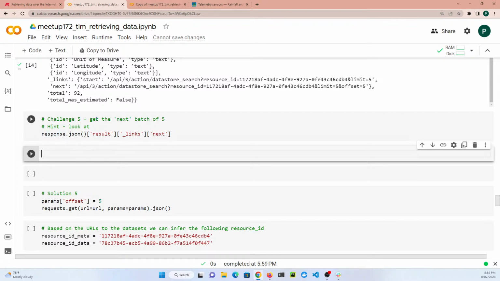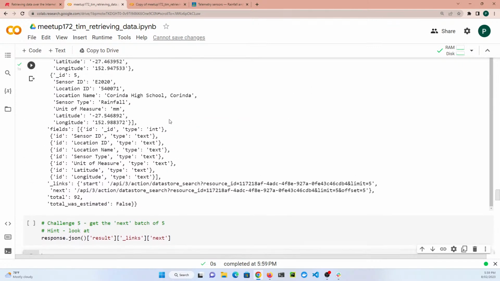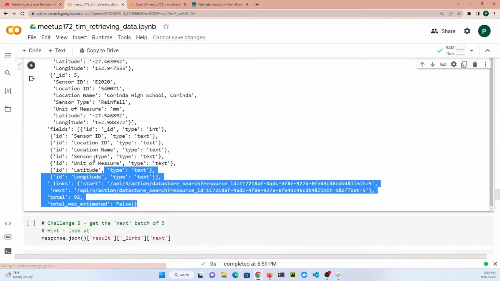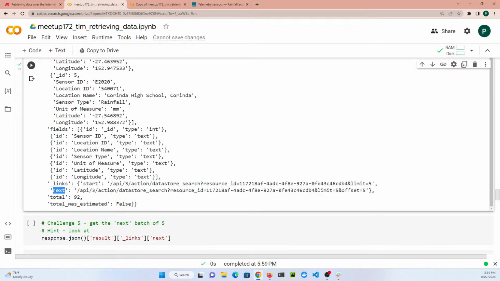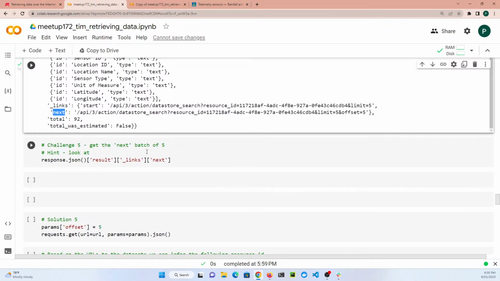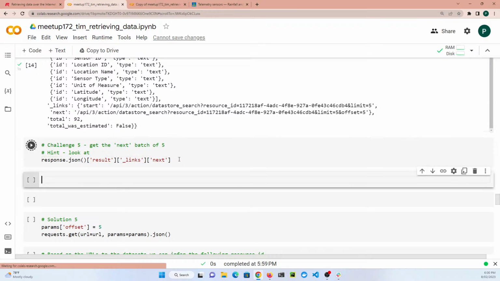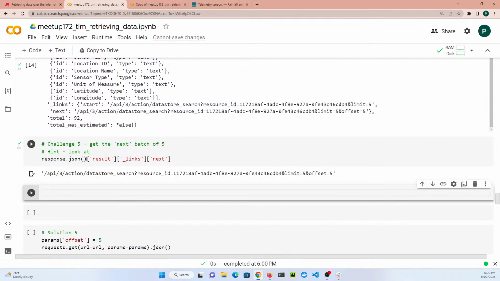All right, challenge 5, get the next batch of 5. So we've got some results here in the data, and there's a link here, next, that tells us a URL to get the next values. In fact, we can refer to that just by saying, grab us the JSON, turn it into a dictionary, look up the key result in the dictionary, look up links in that dictionary, and look up next in that dictionary. So this is all nested dictionaries. But really, all we're doing there